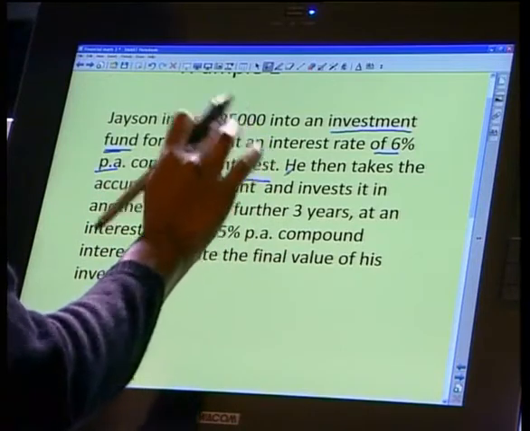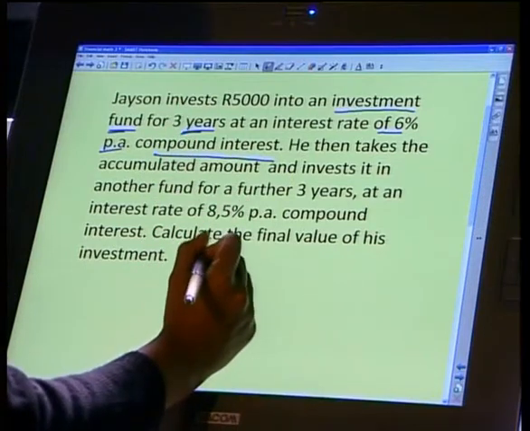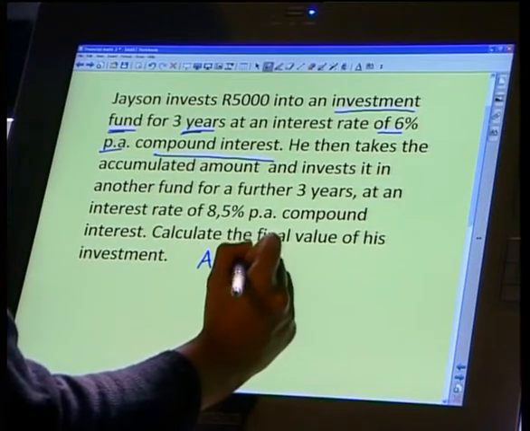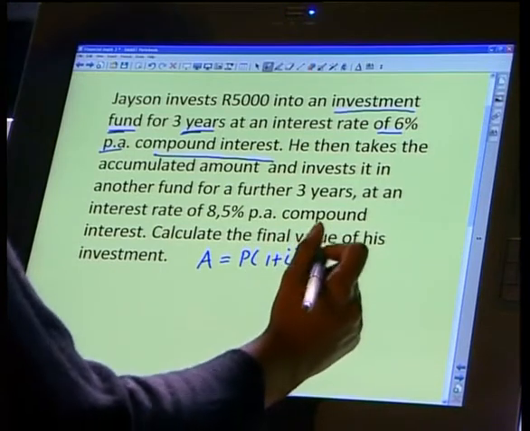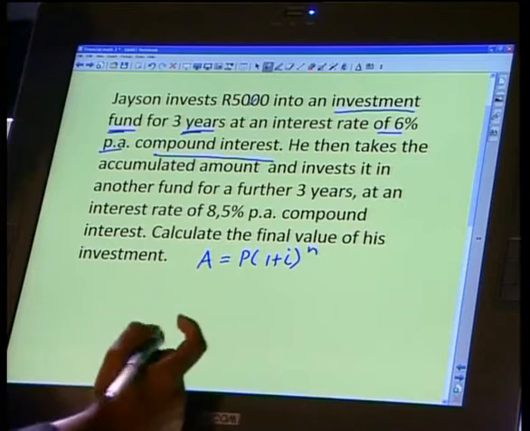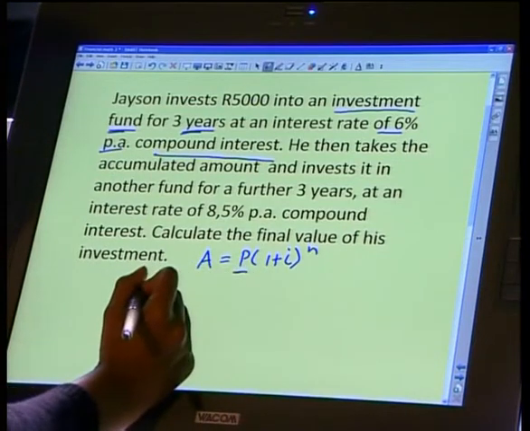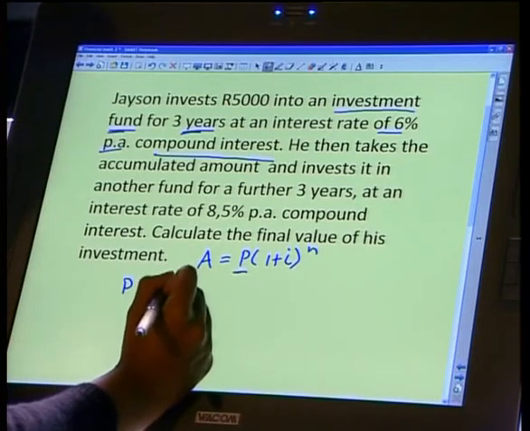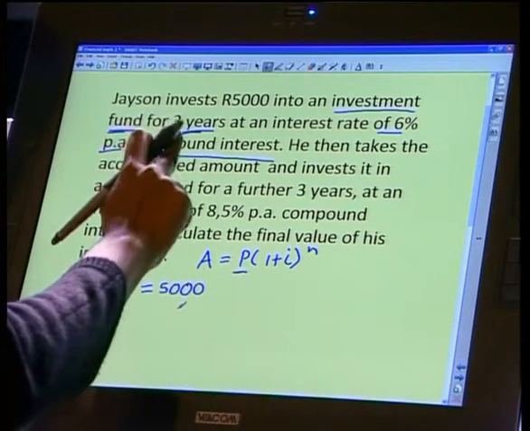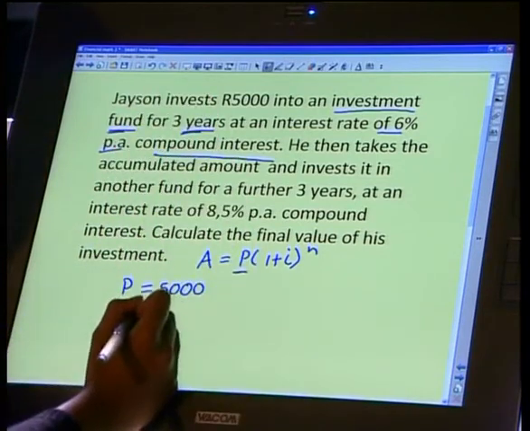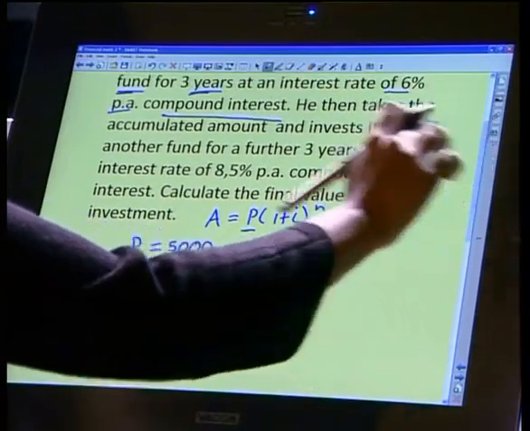He invests 5,000 Rand. So, because it's compound interest, we know we're going to use the formula A is equal to P times (1 plus i) to the power of n. So 5,000 Rand is the original amount that he invests. And remember, P stands for the initial or the original amount. So P is 5,000. He invested for 3 years, so your n here would be 3, at an interest rate of 6% per annum